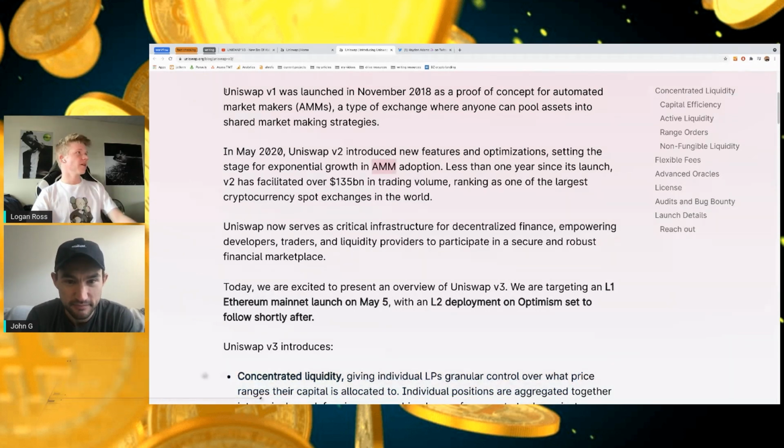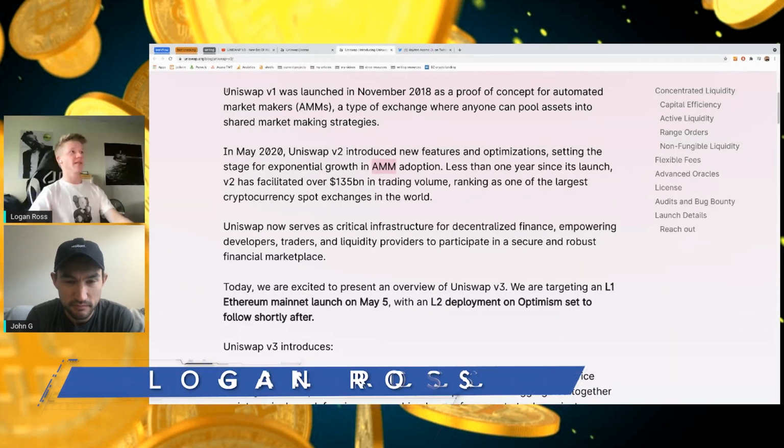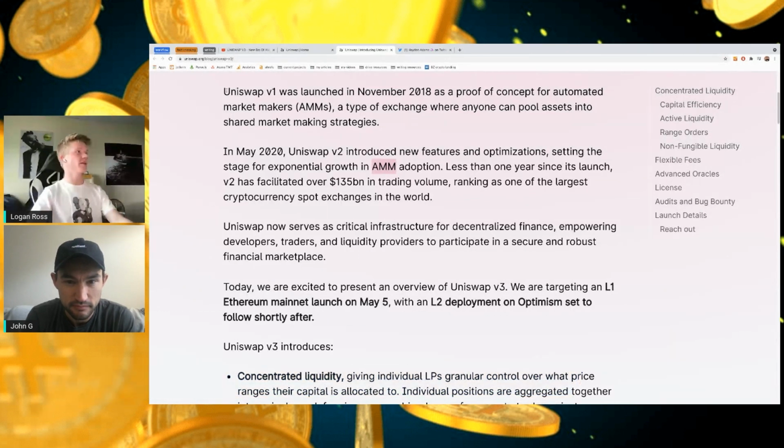Okay, so Uniswap V1 was launched in November 2018 as a proof of concept for automated market makers, a type of exchange where anyone can pool assets into shared market making strategies. In May 2020, Uniswap V2 introduced new features and optimizations, setting the stage for exponential growth in automated market making adoption. Less than 1 year since its launch, V2 has facilitated over $135 billion in trading volume, ranking as one of the largest cryptocurrency spot exchanges in the world. Uniswap now serves as critical infrastructure for decentralized finance, empowering developers, traders, and liquidity providers to participate in a secure